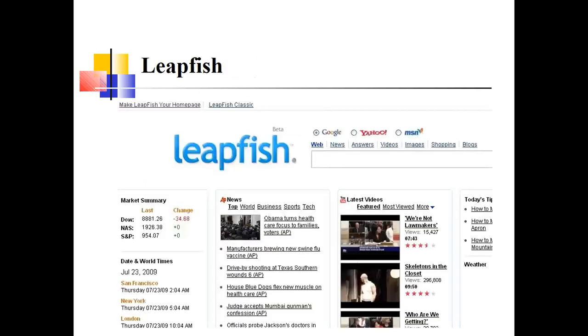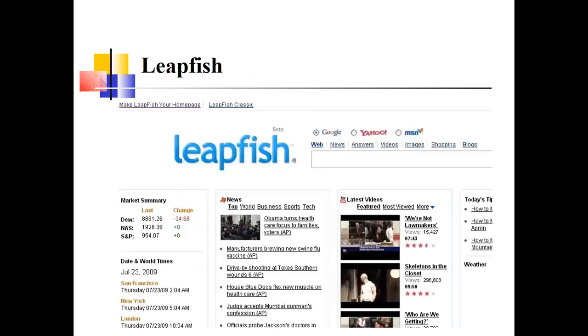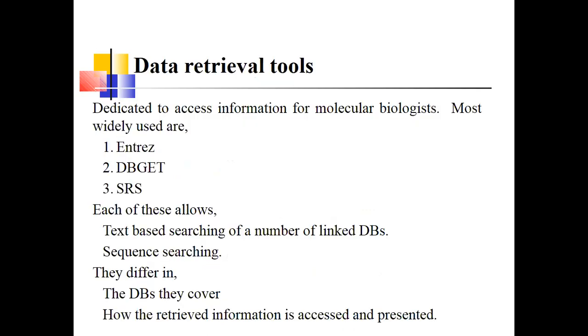Here we have a look at Leapfish Beta, a search engine connected with Yahoo and other search engines. Similarly, Bing and other search engines are connected with different databases. So you can use these search engines to retrieve the data.